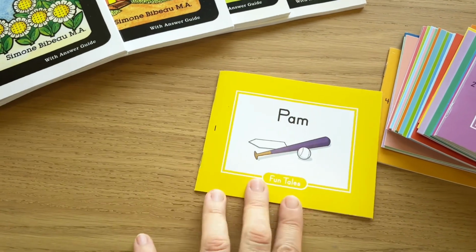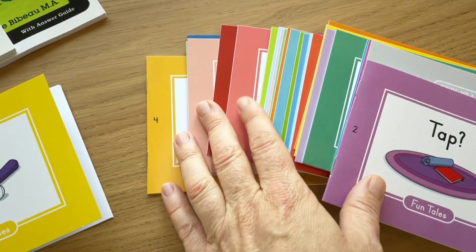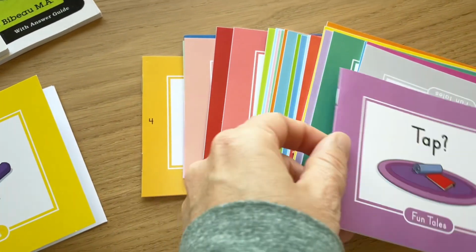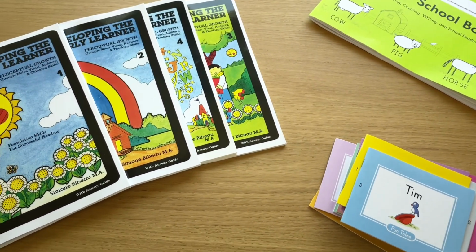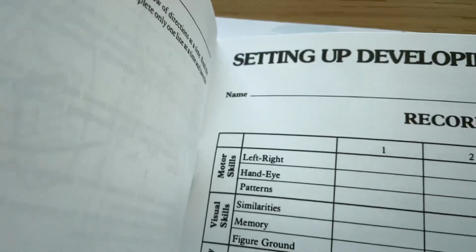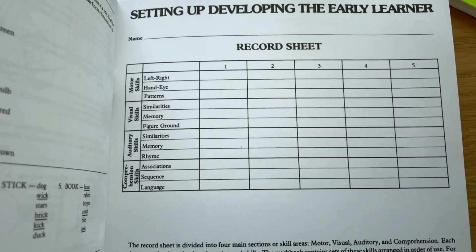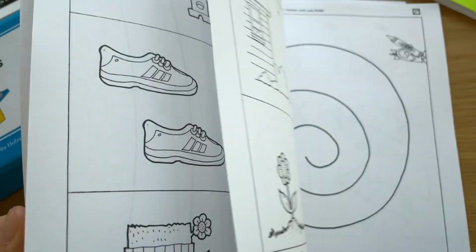These are really fun. They're very cute. They're very inexpensive little books. They go in a sequence and build on each other. So by the end of the year, they will have quite a few words and feel really confident and ready to begin some real reading when they get into their kindergarten programs. In the back of these books, it's kind of cool. There is a little assessment sheet so you can kind of keep a record, but I will go ahead and leave links for all of these.